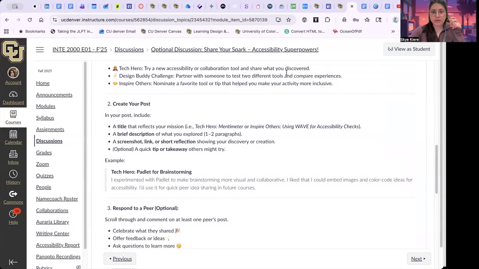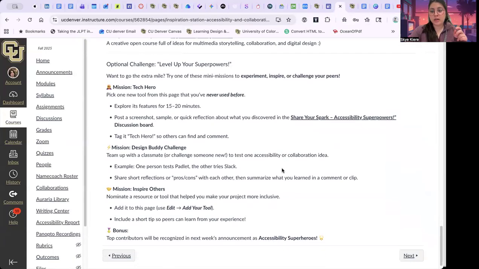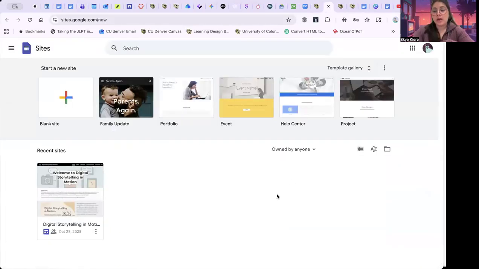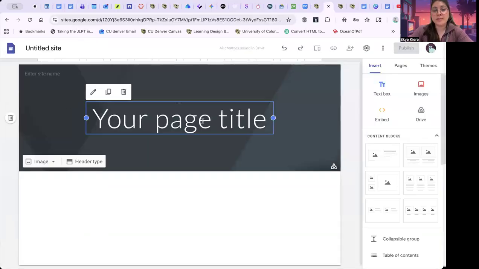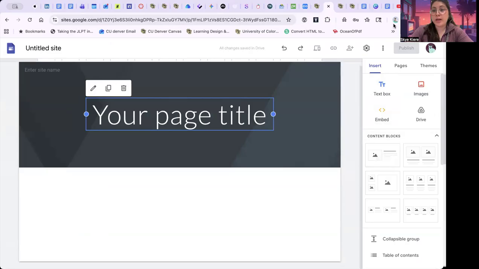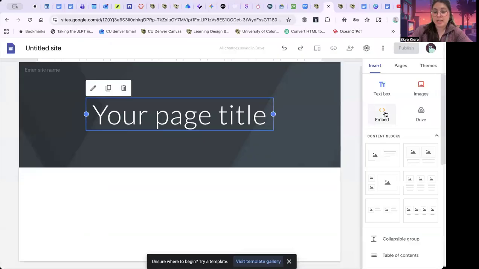All right, so let's go back to the main page. As you start to imagine your final challenge project, you might want to build your own simple website to organize or present your ideas. And you can use different tools like Google Sites, among others, but here's Google Sites for an example. You can just click create a blank site. And then all you do is give your website a title, and then you can use the right-hand panel for adding text, images, embedding anything,